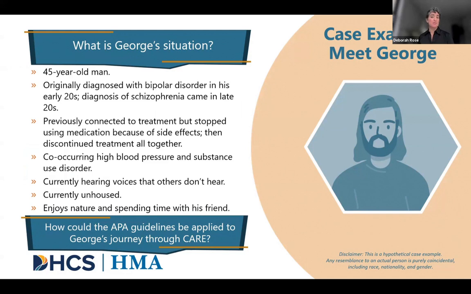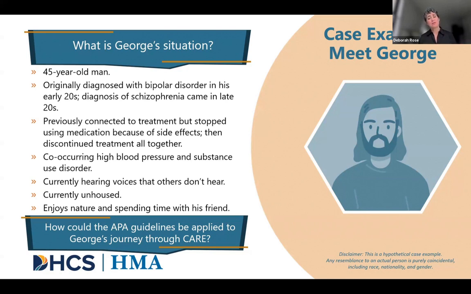This is a made-up individual who may look familiar to you, some of the individuals that we've worked with over time. Again, not a real person, but we're going to think about the APA guidelines and about the alignment with the CARE Act through the lens of George, our example. George is an adult who was diagnosed with schizophrenia in his late 20s. A couple of other diagnoses earlier on in his 20s, finally landed with a treatment team who identified schizophrenia.